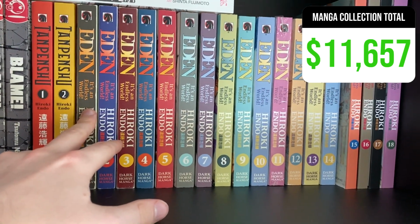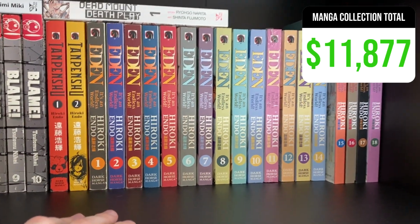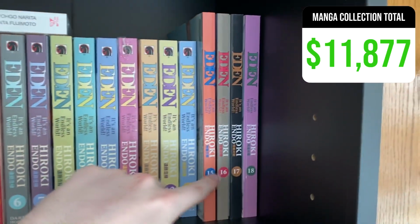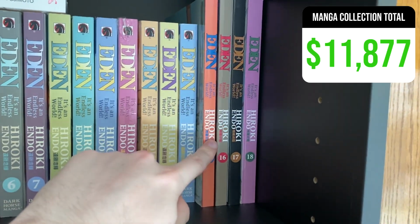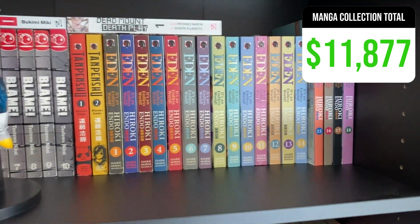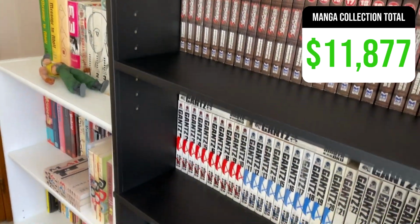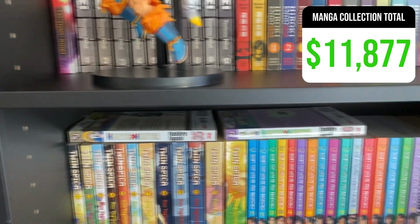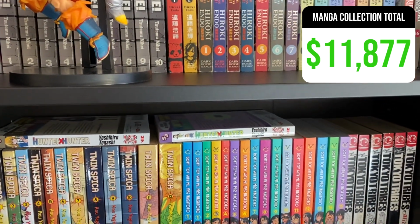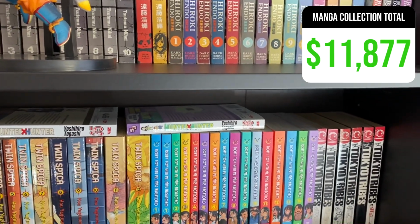But I'll try and get a general total. I honestly don't have a number I can just spout off the top of my head, but I'll do a little bit of math. And then I guess for the self-prints, I paid 20 for all 4 of these. So good deal on these, but that is going to conclude the total for my entire manga collection. You can see the aftermath of double shelving. I guess the only thing left to do is to find out how much I've spent in 3, 2, 1. I have spent